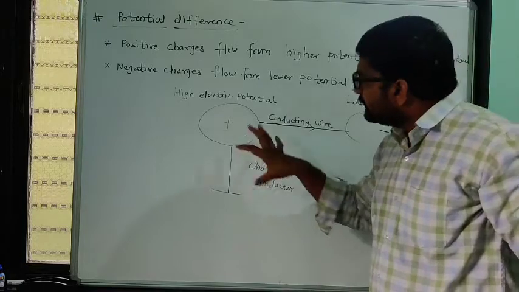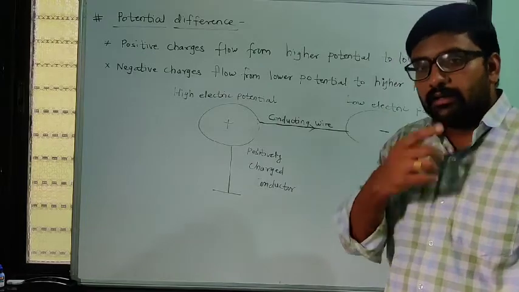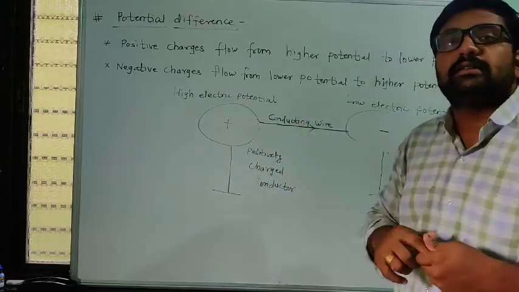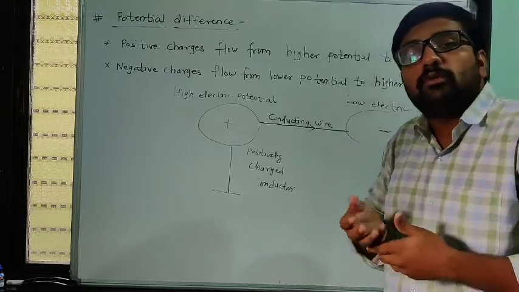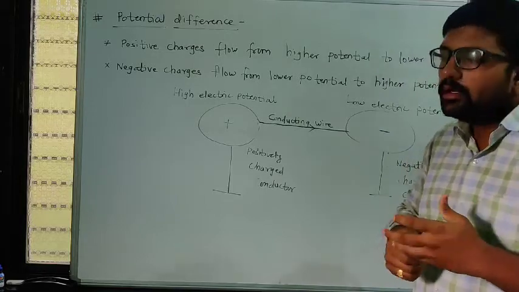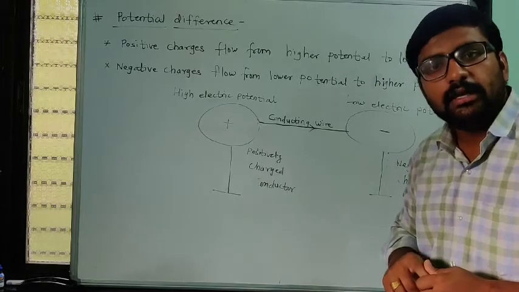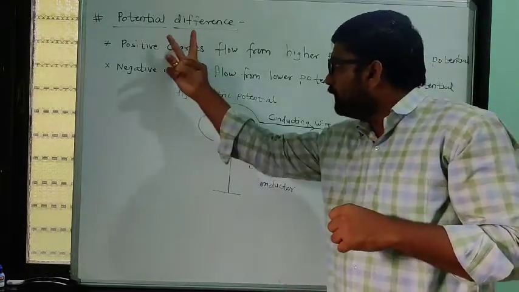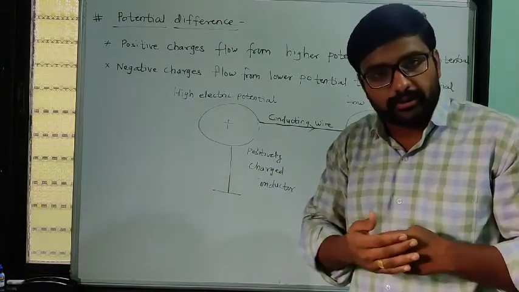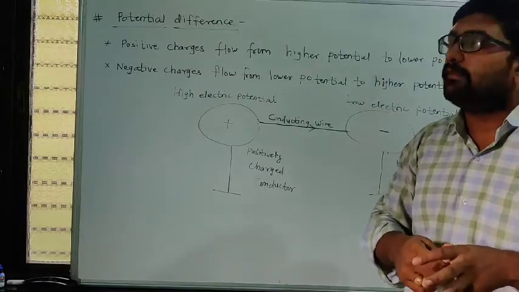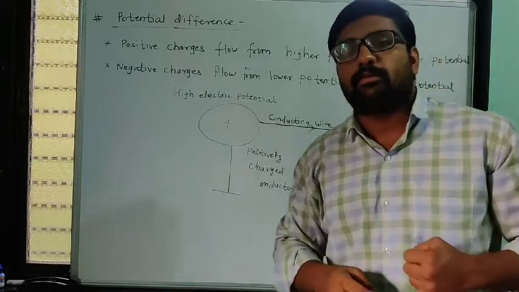So we know that when charges move, current flows, but actually there is a motion of charges taking place. Okay, if there is motion, we have to do some work. So some work is done to move charges. Okay, so generally if we have to define potential difference, we have to talk in terms of work. We have to define potential difference using the term work. How? That we have to see in the next topic.